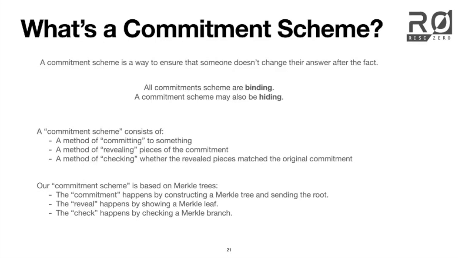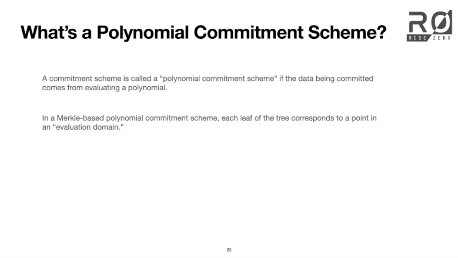So we use Merkle trees. We commit by constructing a Merkle tree. The root is the commitment. The reveal is we show the contents of a leaf. And the verifier is able to check that the leaf contents match up with the root by checking the validity of the Merkle branch. So our commitment scheme is based on Merkle trees, and a polynomial commitment scheme is just a commitment scheme where the data that you're committing is